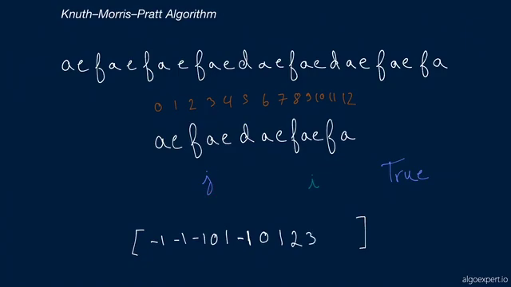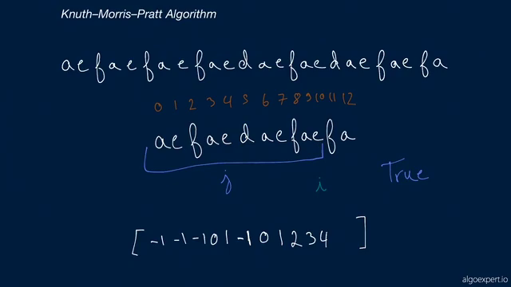So now we're going to move J under this E and I under this E as well. These are once again equal to each other, so we're going to put a 4 here. To take a little pause, again, what this means is in this substring here, AEFAEDAEFAE, it's a mouthful,